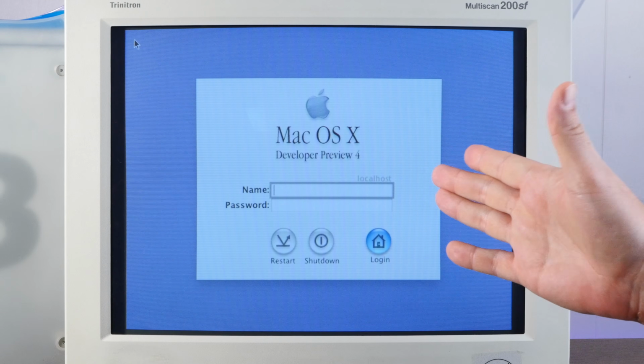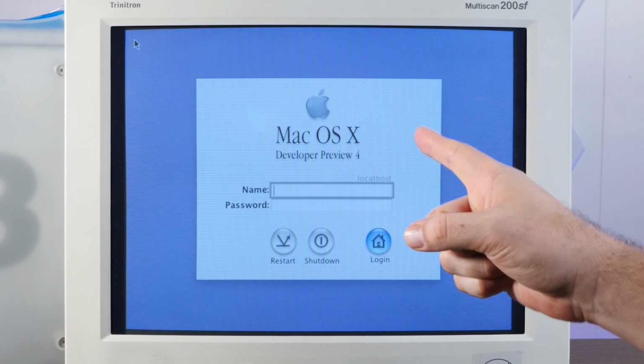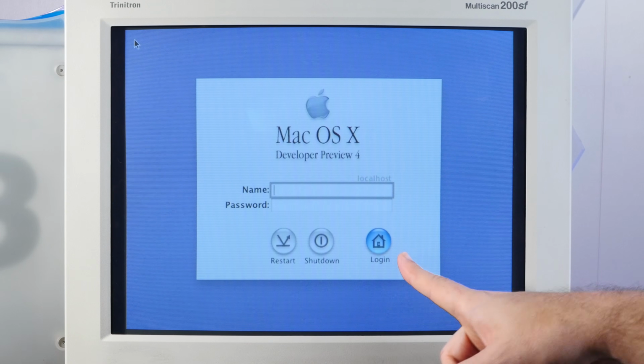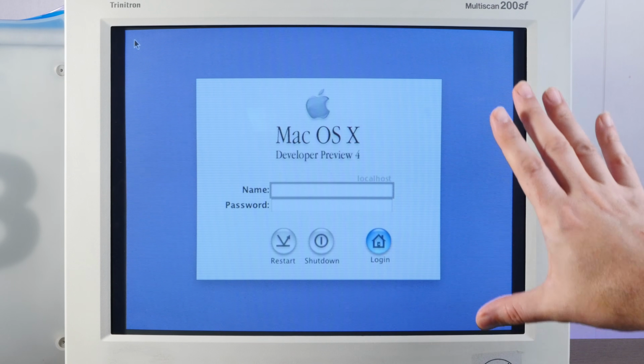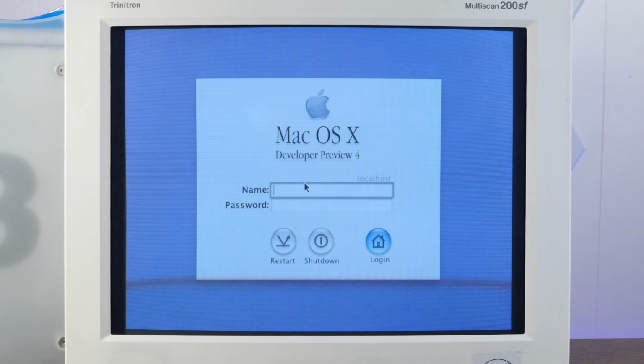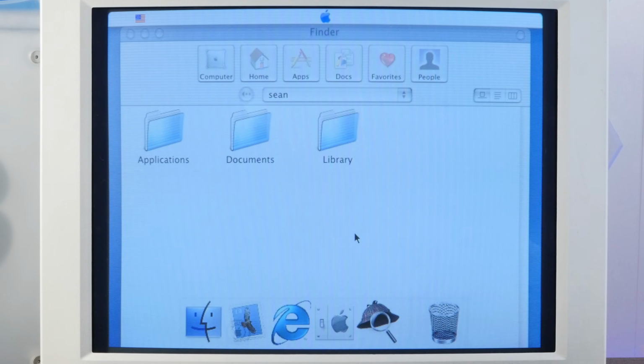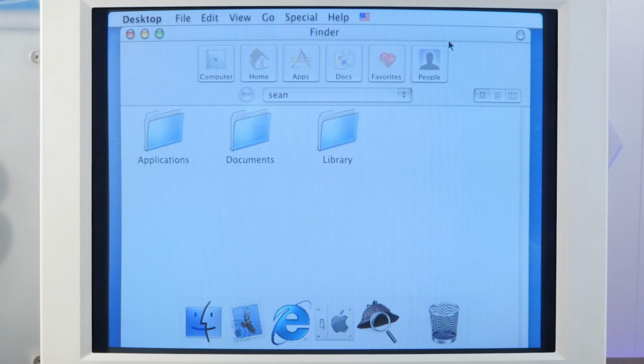Oh, and check this out. This is still the NeXTSTEP style login screen. Name, password, and the 3 options right here. It's just skinned in the Aqua theme. That's actually really cool. Okay, let's log in here. Oh, it even does the whole zoop kind of shrink to the middle. That's awesome. Alright, so apparently this is in 640 by 480 and it started Finder in the home folder, but